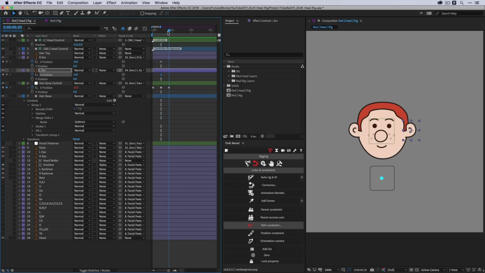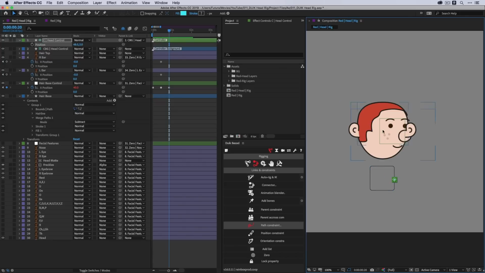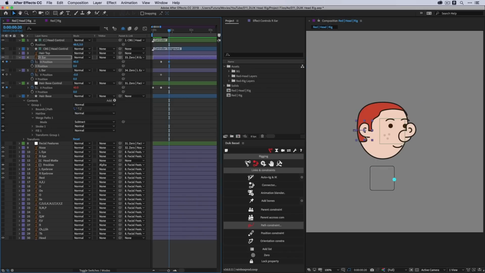Then let's go to the third pose. And again, just focus on this right ear, the character's right ear. This would be when the head is turned all the way to the character's left. So we want the ear to follow basically the hairline, right? So that should be 40 pixels, which it just happened to move at that exact amount freehand, but that's how far the ear should be moving when the head turns that far,